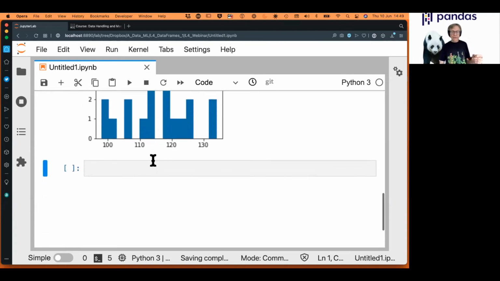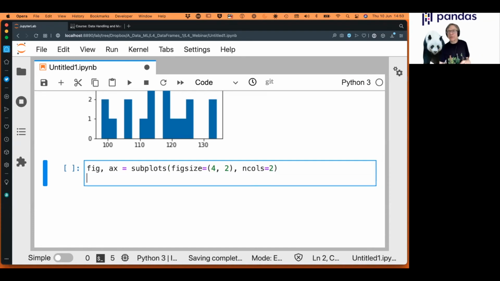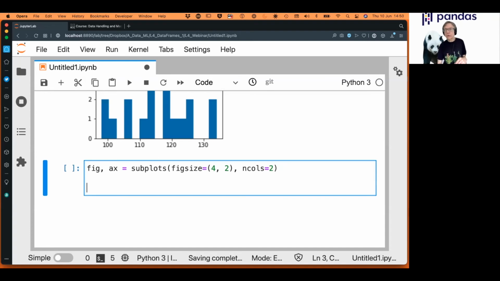So let's just start doing this again. And fig, ax now to create, every cell needs to create its own figure environment if you want to plot a new figure. So that was subplots. And we have now maybe figsize, if we use that from before, equal, what was it, 4.4, 2. And then we can specify how many panels do you want. That keyword argument is called ncols, number of columns. Okay, let's say 2, keep things simple for the moment,